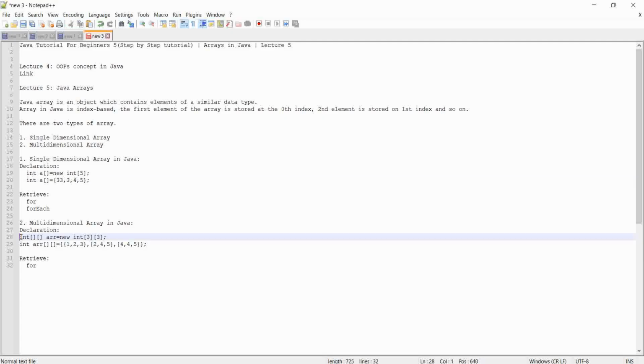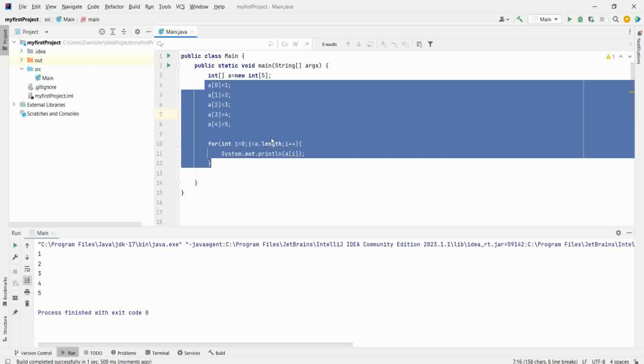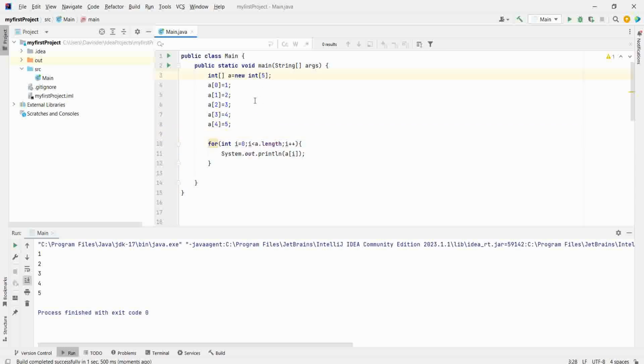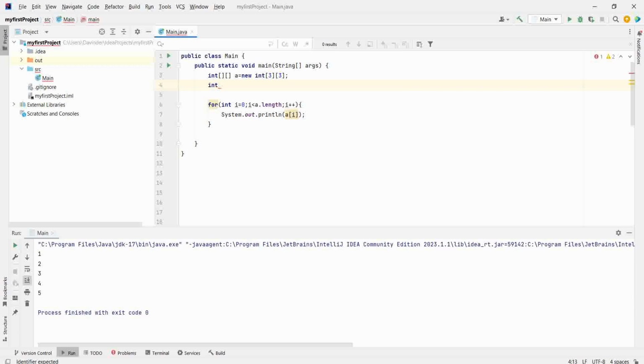Now let's learn the two-dimensional array. Two-dimensional declaration can be done in two ways. Similarly, like we have one dimension for 1D, we can have two dimensions for 2D. We will give 2 dimensions, then we will give size up to 3. Now how I can save is: I can save a at 0 0, the value is 1.